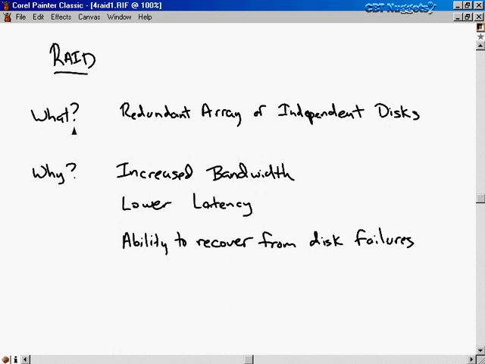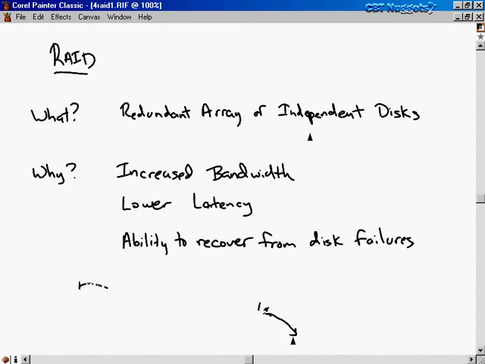Well, what is RAID anyway? RAID stands for Redundant Array of Independent Disks. Sometimes you'll see the acronym Redundant Array of Inexpensive Disks. They both describe what RAID is. Basically, back in the early 90s when RAID was developed, there was an increasing need for large hard disk storage capacity. We were taking on projects like the Human Genome Project or SETI,